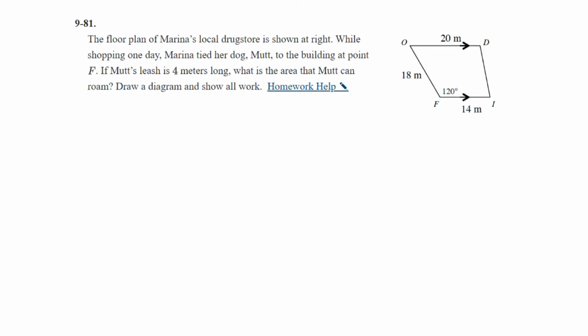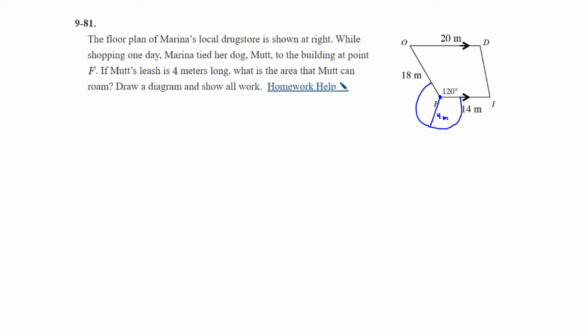Question 81. The floor plan for Marina's local drugstore is shown at the right. While shopping one day, Marina tied her dog, Mutt, to the building at point F. If Mutt's leash is 4 meters long, what is the area that Mutt can roam? Draw a diagram and show all the work. So the dog is tied up right here, and it has a 4 meter long leash, and so you're going to see that the dog can travel 4 meters along each of